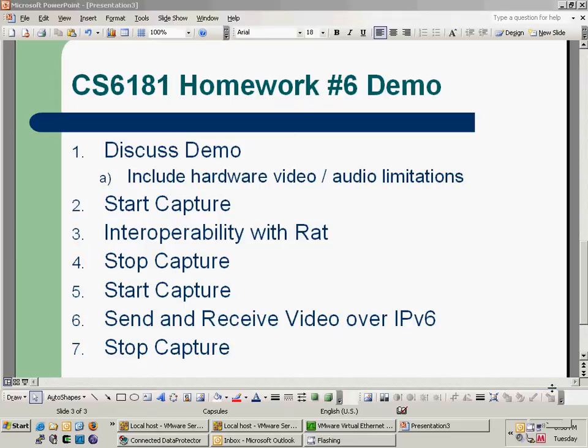I'd like to welcome you to the demonstration of my CS6181 homework number 6. In this demonstration, I am going to show you the interoperability between my voice over IP program and the RAT audio program. We'll also show you live audio and video streaming using RTP streams between two virtual machines running IPv6